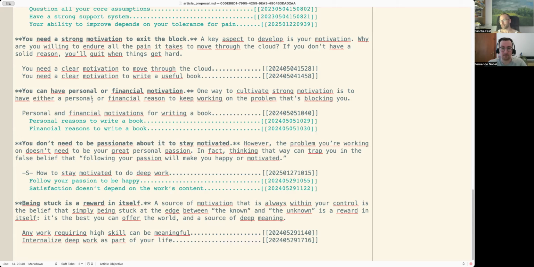So why atomicity is actually a thing, and how it relates to the howness of making nodes, and how it unlocks certain benefits, because it's a strange thing with atomicity and the Zettelkasten, and the promises.